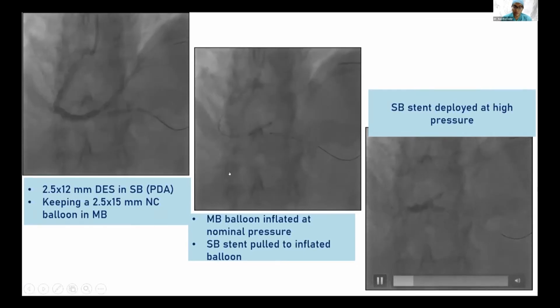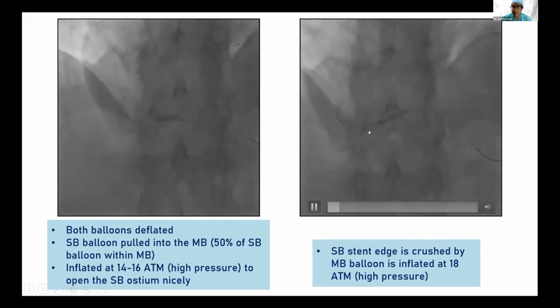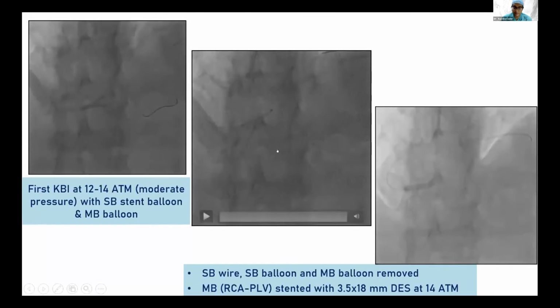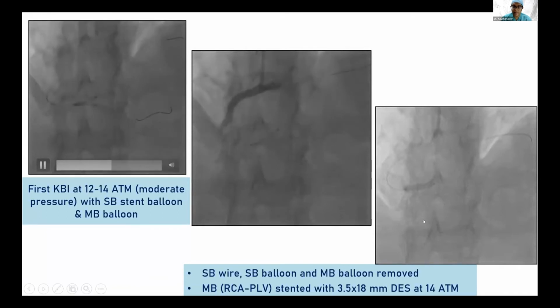Following this, both the balloons were deflated, and then the side branch balloon was pulled back into the main branch so that half of it was in the main branch, half in the side branch, and this was then inflated in order to open the side branch ostia nicely. And then the side branch stent edge was crushed by the main branch balloon inflated at high pressure. This was followed by the first kissing balloon inflation involving the main branch balloon and the side branch stent balloon at around 12 to 14 atmospheres, after which the side branch stent balloon as well as the wire were removed,